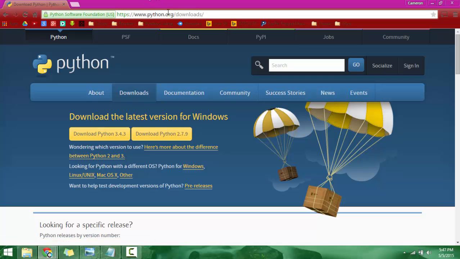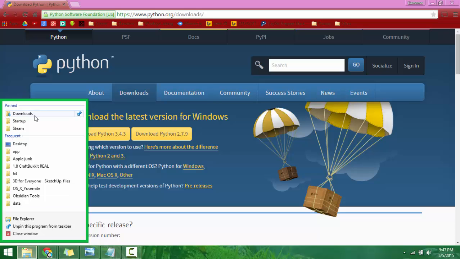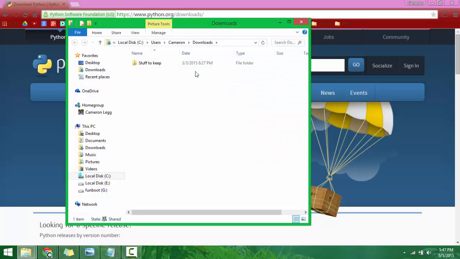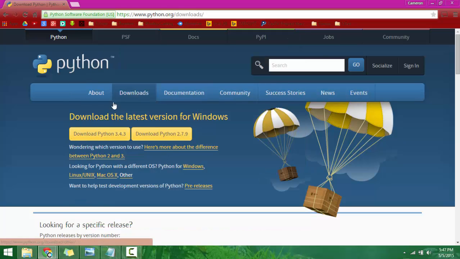And the other thing that we need for this, you need to install. After you download it, you need to open up your downloads folder. It'll be right here, and you double click on it to run it, okay? And then, once you're done with that, after you've installed everything, you need to install